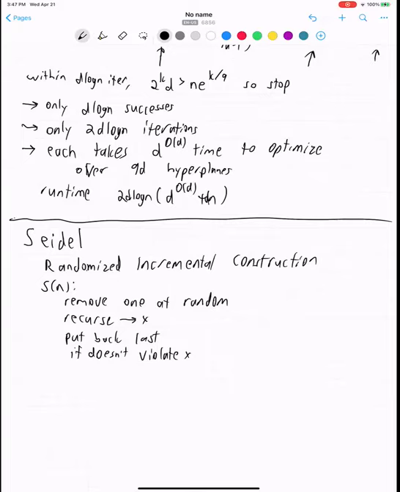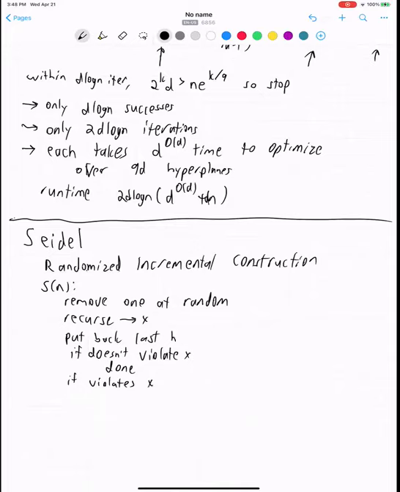We don't have to do anything. We're done. Right? Because we have this point that is optimum for all the other hyperplanes, and it also doesn't violate this one. So that means that it's optimum for the entire set. Okay? If it does violate,